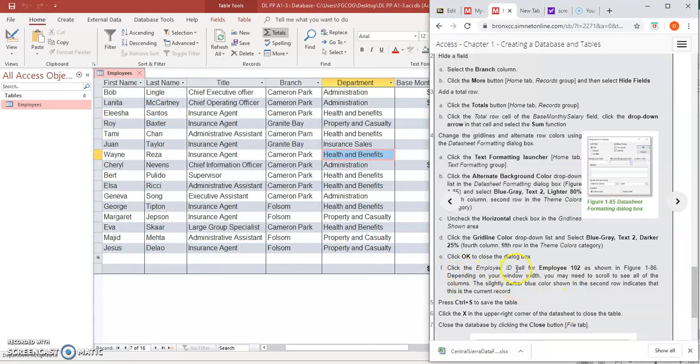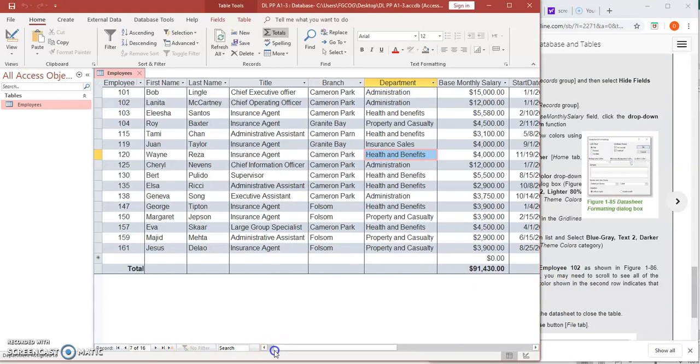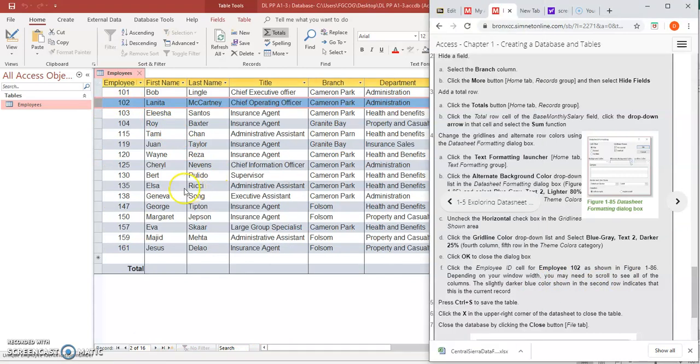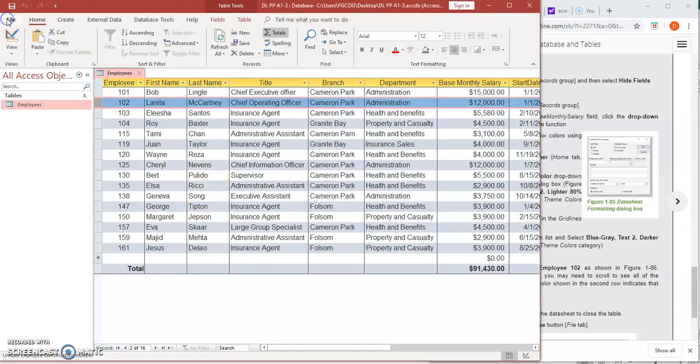Now click on employee ID 102, which is here. Just select the column. Save the file, click save, or you can even click the save button here. That's the end of